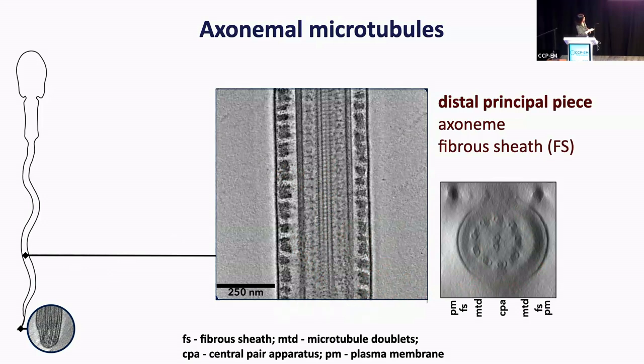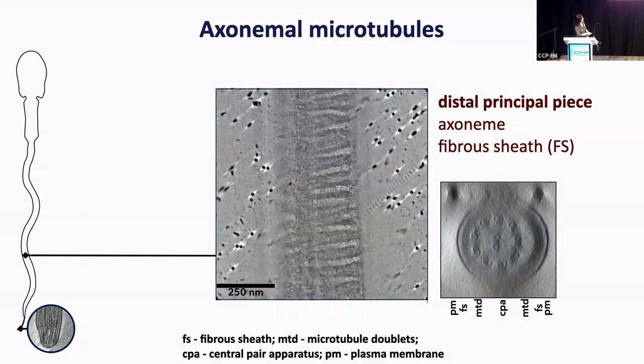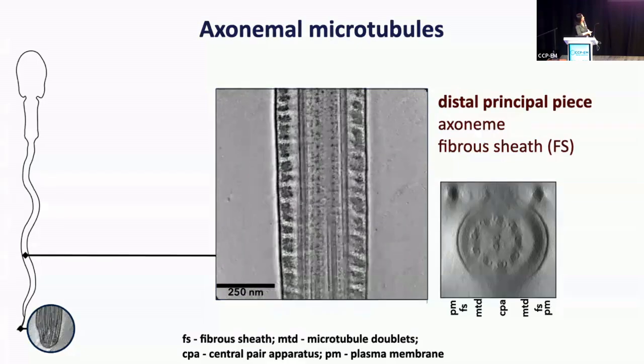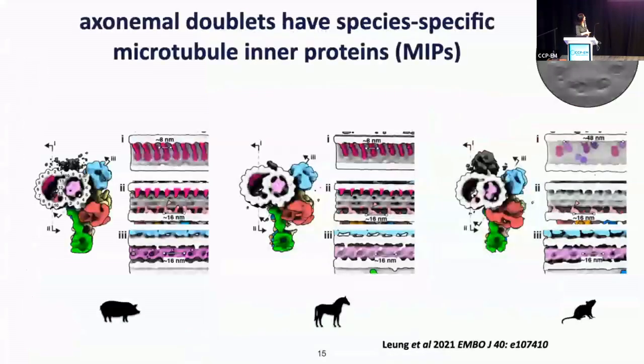This is actually a tomogram, so I can play it. But what's nice is that you can already see that there are repeating units of proteins along this structure. So you can see the whole tomogram, and we did the averaging for this part, for this doublet microtubule, and this is an example where our comparative studies were becoming interesting because what we found is that different species have different amounts of